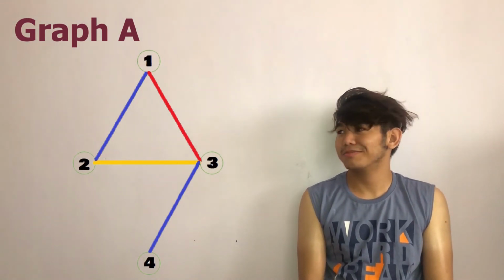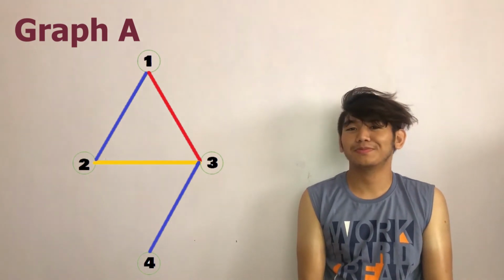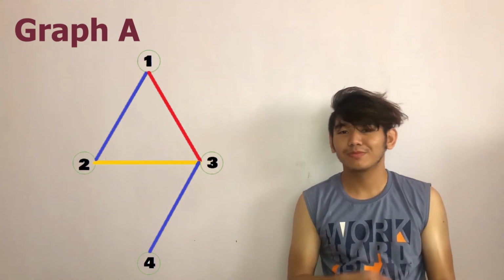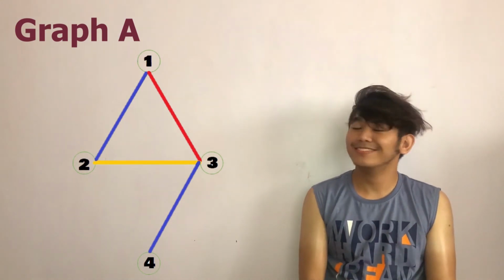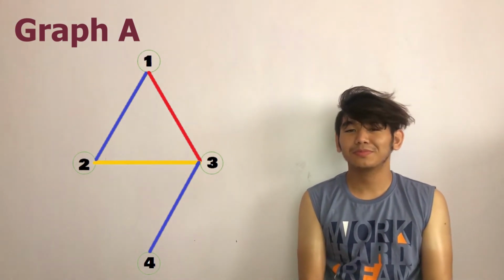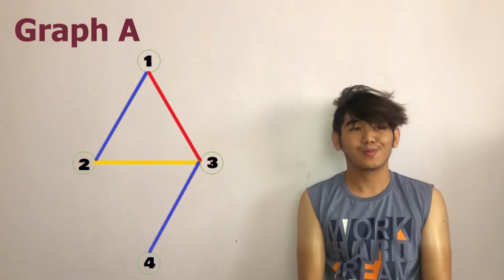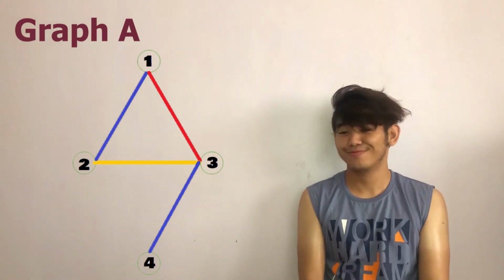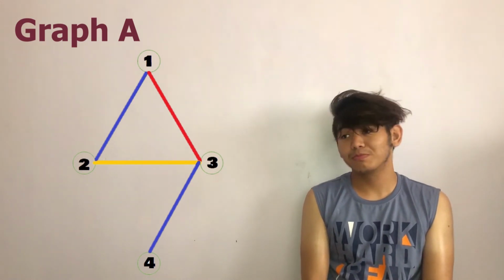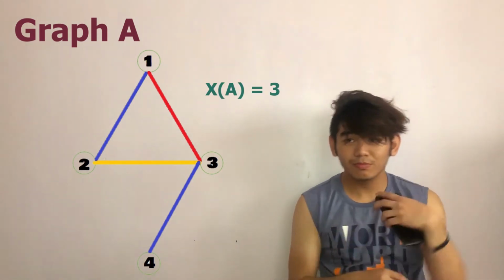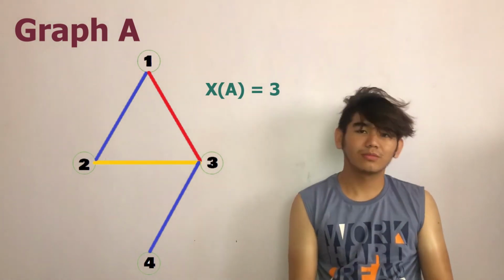Then, we proceed to the next edge, which is the edge of vertex 2 and 3. But as you can see, vertex 2 can no longer have an edge with color blue, and vertex 3 can no longer have an edge with color red. So we need to assign another color. Let's say yellow. Then, we proceed to the last edge, which is the edge of vertex 3 and 4. But as you can see, vertex 3 can no longer have an edge with color red and yellow, so we put the color blue to it. So in conclusion, the graph A has a chromatic number of 3, since we only use 3 colors, which are